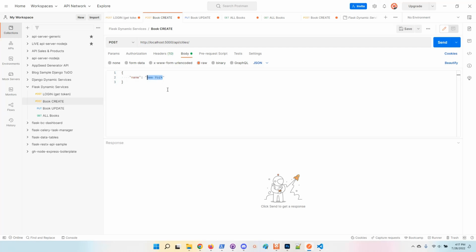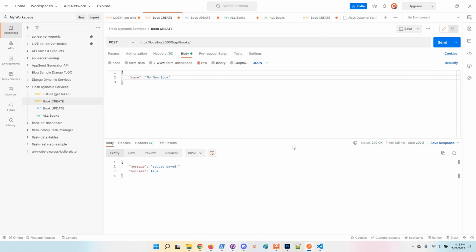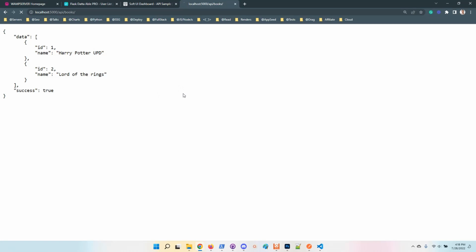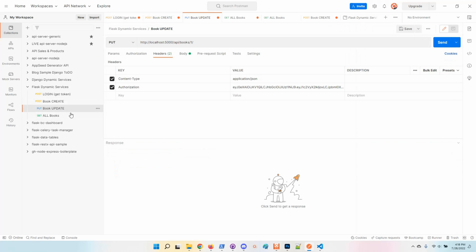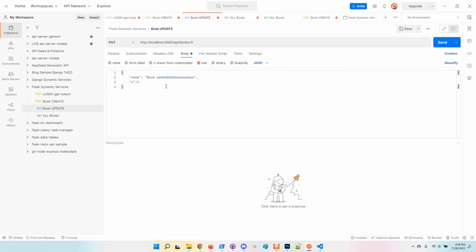Okay, books create. Now I have cities, so I will put books. We need to have books here. Post is the request, and my new book. Okay, so the record is saved, and we go back here to the browser and access all items, all books. My new book is here. The same thing will happen if I'm using the update. So the same thing, you need to have the authorization filled in the header, save the token returned by the login, and go back here and